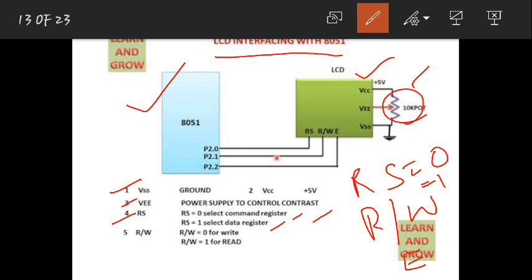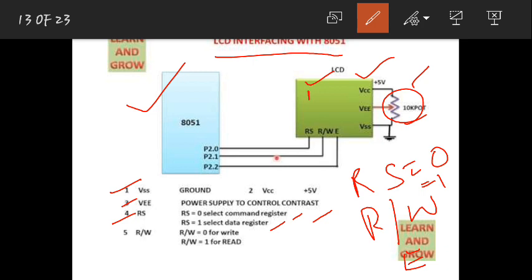Then after writing one letter, I should move the cursor to the right side, then again the next right side. If I want it to move left, then I'll move it left. If I want it to go down, then I'll go down. In the LCD, if I want to write 1 2 3 in a column, first I'll write 1 in the first line, then again I'll write 2 in the other line. If this is the LCD, the screen of the LCD, and I want to write 1 here, I have written it.